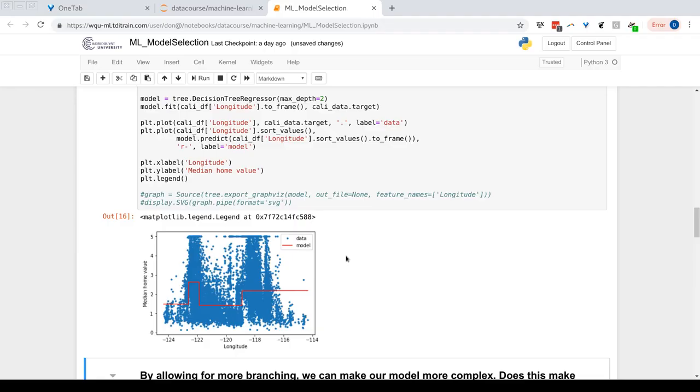Yes, the extreme of max depth of 2 and the extreme of max depth of 10 are very clear. Those are bad fits. But what if it's 4 and 5, or 5 and 6, or something like that? It's very hard to compare between 5 and 6 of max depth. So we need a better, more systematic way to figure out what is a good max depth for our